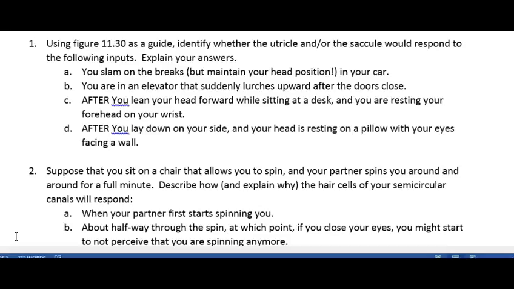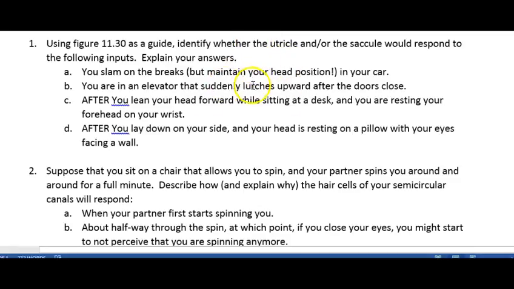Okay. So first one is just straight up linear acceleration straight ahead, right? So your head is sitting here, and then all of a sudden you have this lurch forward. In a way you're slowing down, but it's a forward momentum that you're dealing with here. So you are slowing down in a linear way. I say you hold your head position, so you're not doing this, because that would screw all this stuff up. You are still maintaining your head position even as you're lurched forward because your father-in-law slams on the brakes. So in that case,